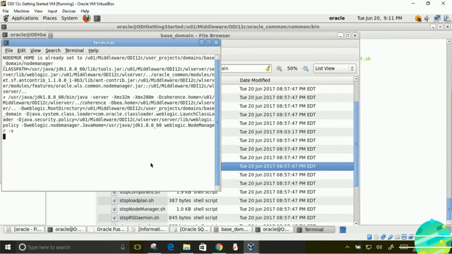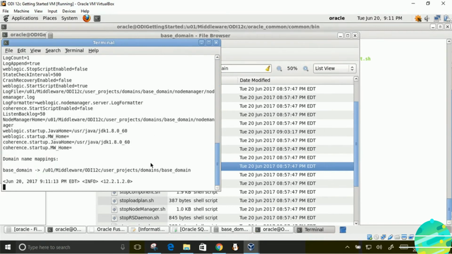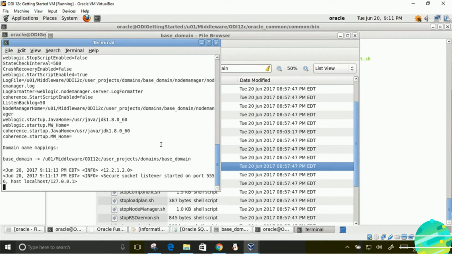Monitor that terminal and wait for the successful message. Once you get this successful message, secure socket listener started on port and the port number, that means the node manager has started.